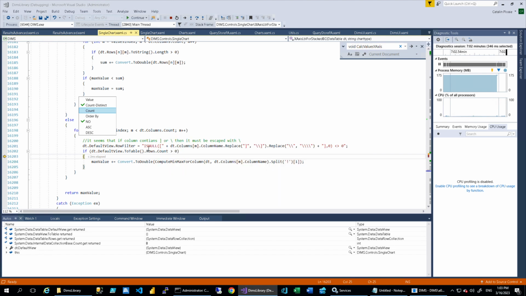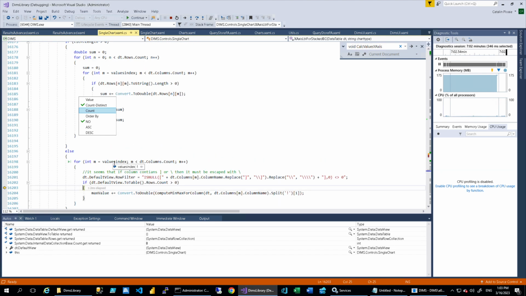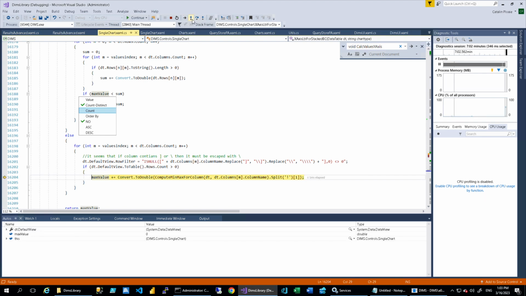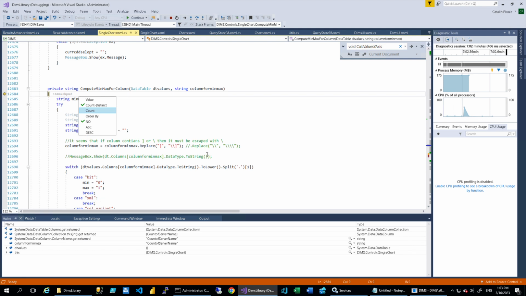Okay, values index 1, max value, compute min max. Step into compute min max,